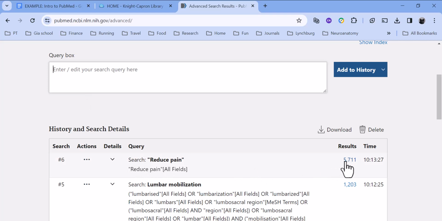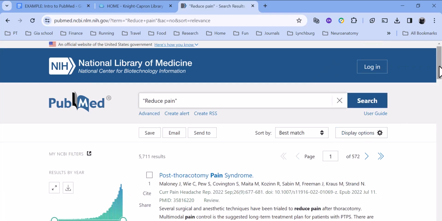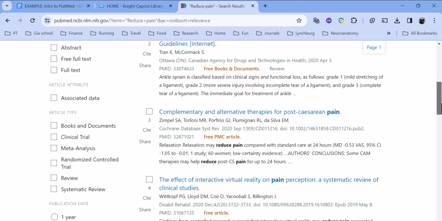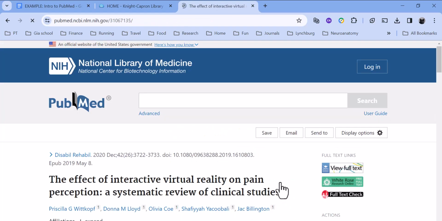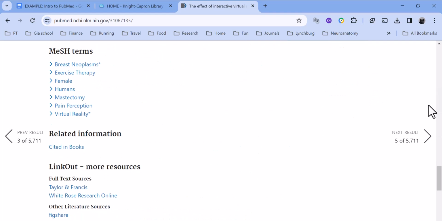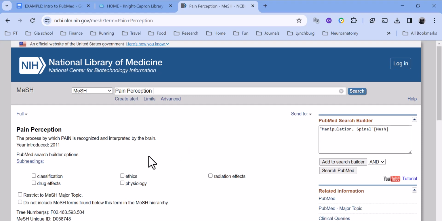And I can search. I've got 5700 here. Reduce pain. I can pretty much take any of these if I'm just looking for pain, just to get to the MeSH database, looking at what kinds of things come up. There's pain perception. So if I'm looking for a MeSH term for reduced pain, okay, that's what I was trying to get to. The way to find it, if I put in reduced pain